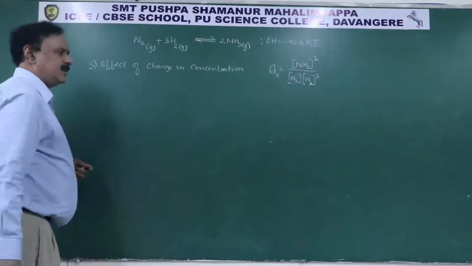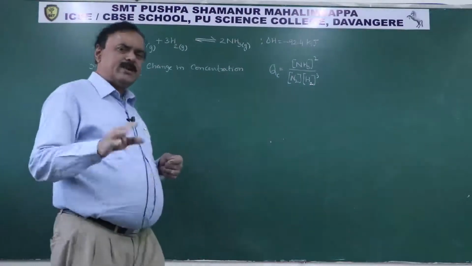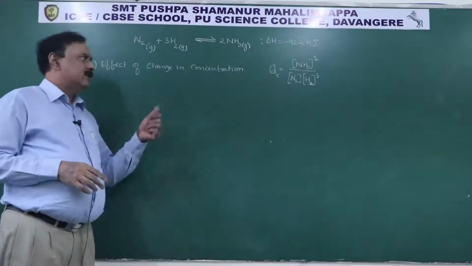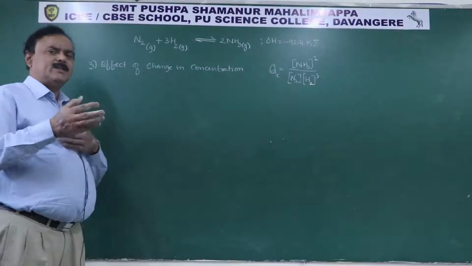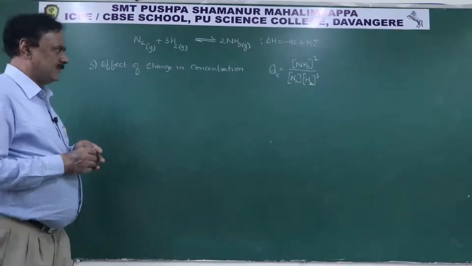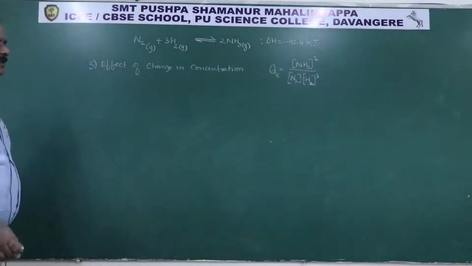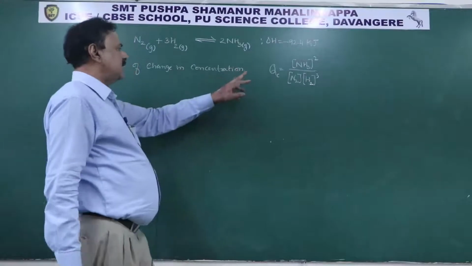Both are constant factors, the equilibrium constant. Therefore, that constant is obtained at the equilibrium position. That is called KC, whereas QC stands for any state other than equilibrium. Now, whenever nitrogen concentration is increased, QC is given by